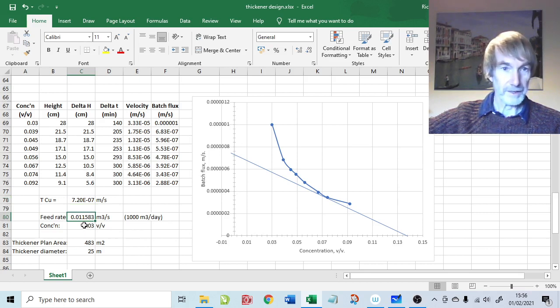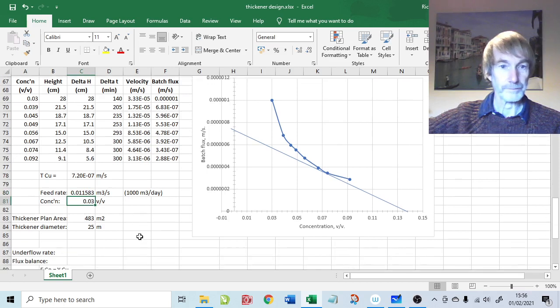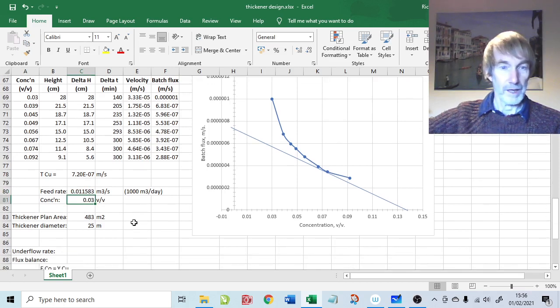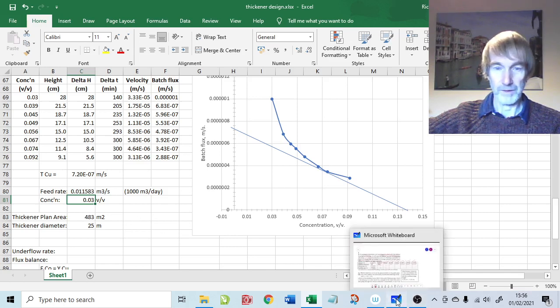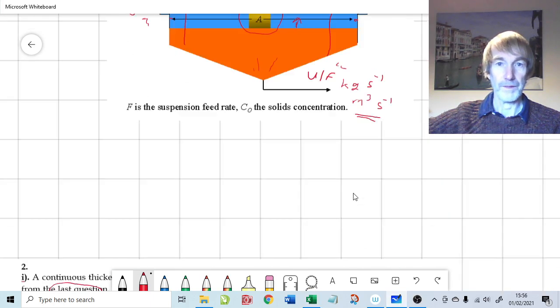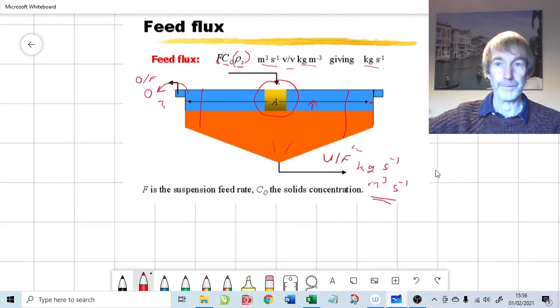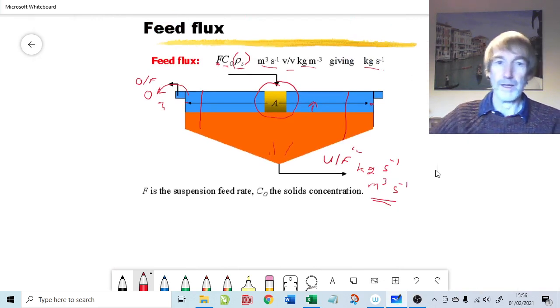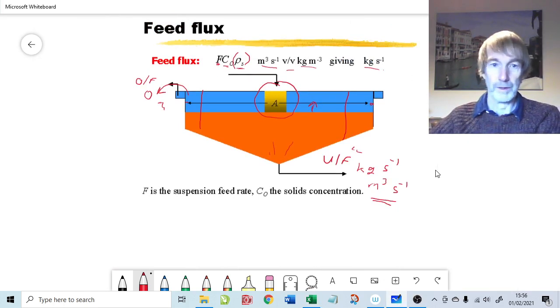Is that feed concentration, and the thickener plan area results from that, because the area is equal to, I'll come back over to the whiteboard for a demonstration of that. The area that we're talking about just here is equal to